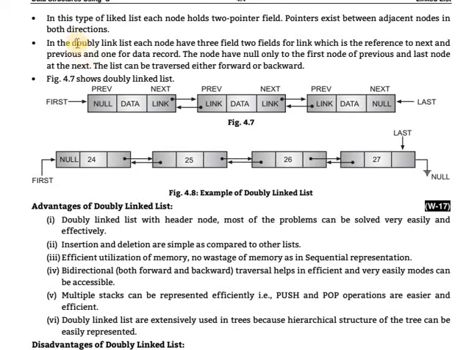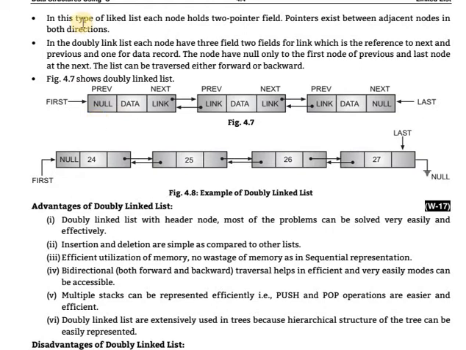Singly means single, and doubly means double. Double means data can move forward and also backward. When you are at the second node and want to go to the previous node, you go using the previous address. When you are at the third node and want to move to the first node, you go through the previous links. But in a singly linked list this is not possible, because it is only a forward direction. In a doubly linked list it is both forward and backward.